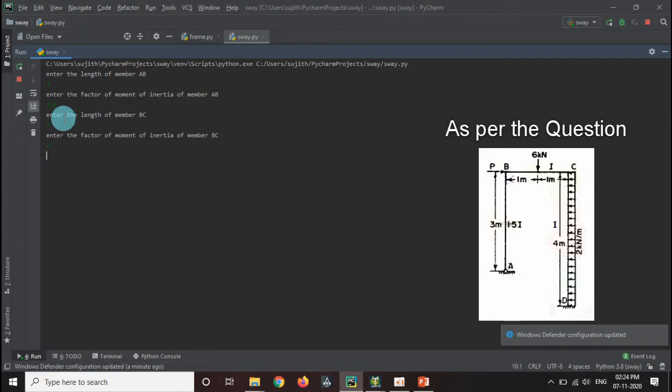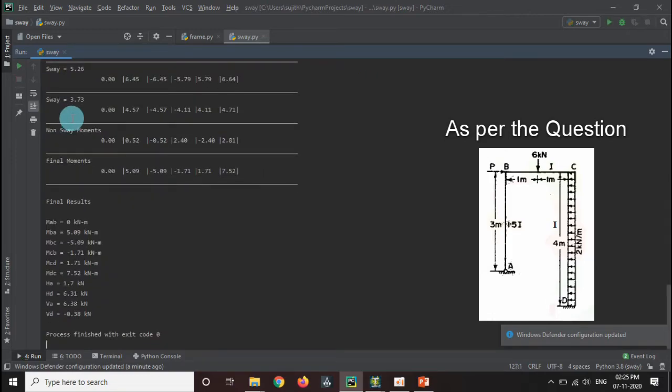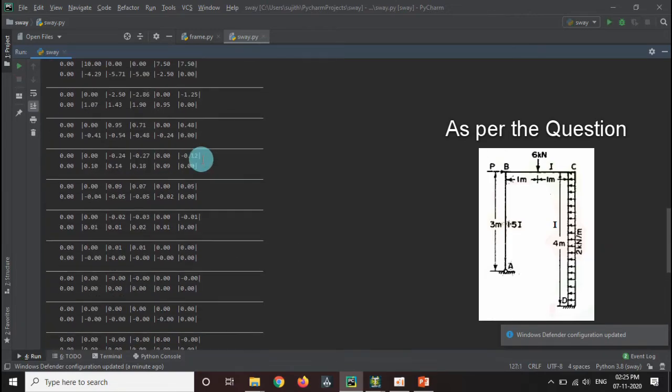It is 1. By substituting the loads, you are going to get this result.